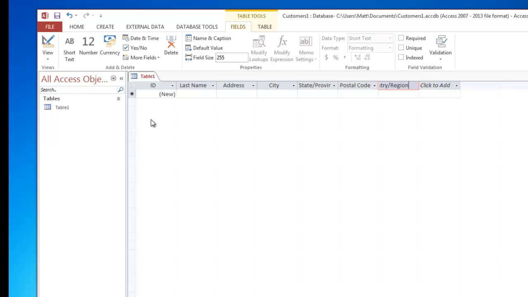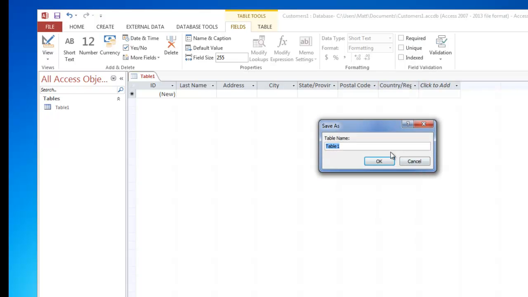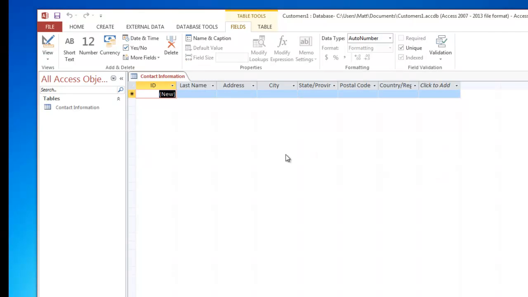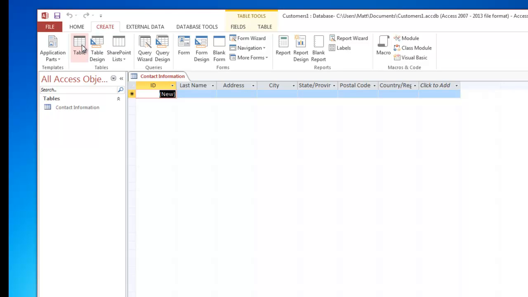table. So we'll go up to the Quick Access toolbar, click Save, and immediately Access wants us to name the table itself. So we're going to call this Contact Information, and we're going to click OK. Now we've just created our first database table. Now what we're going to do is we're going to go up to Create, and then we're going to click on Table,